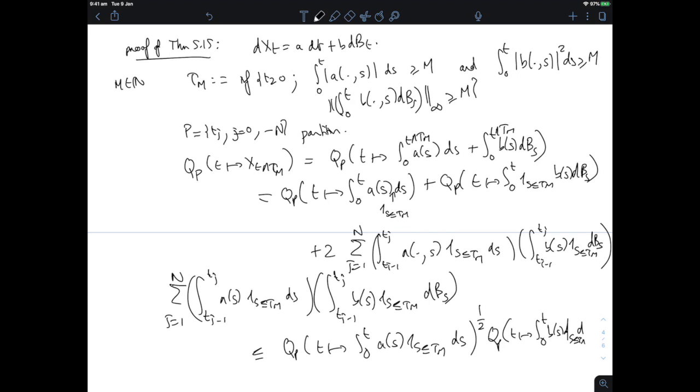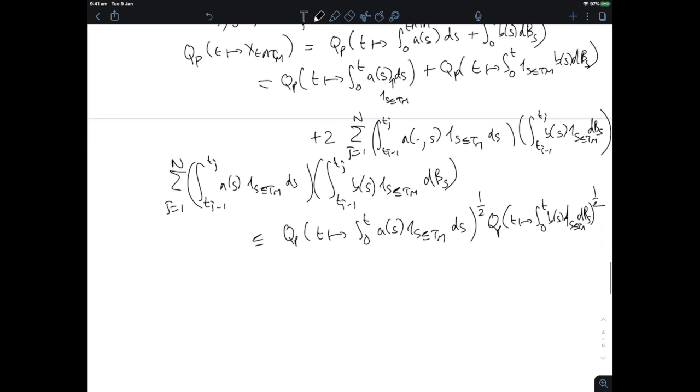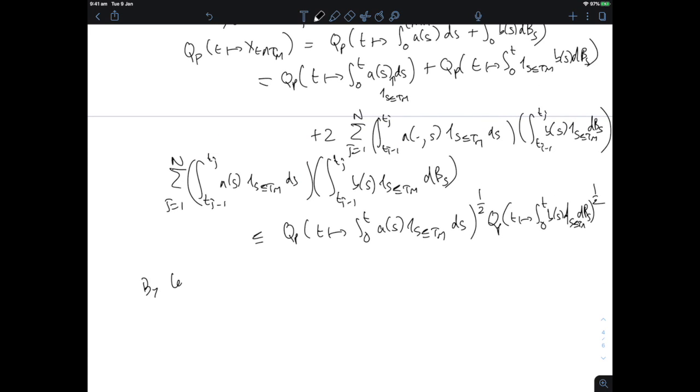But now the bs part: what we have here is finite, and what we have here is something that goes to 0 by the very first lemma we've proven. So by the lemmas 5.16 and 5.18, we get that the quadratic variation of the process stopped at tau m, as you refine the mesh size,